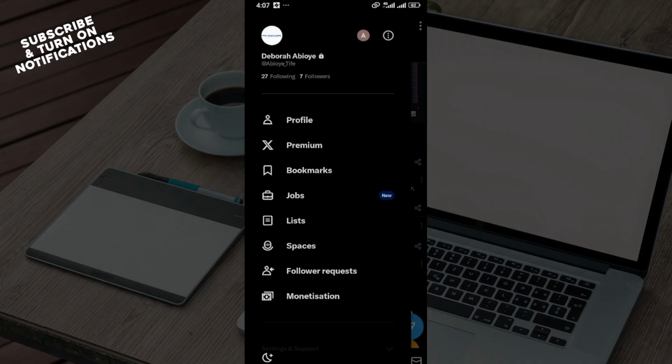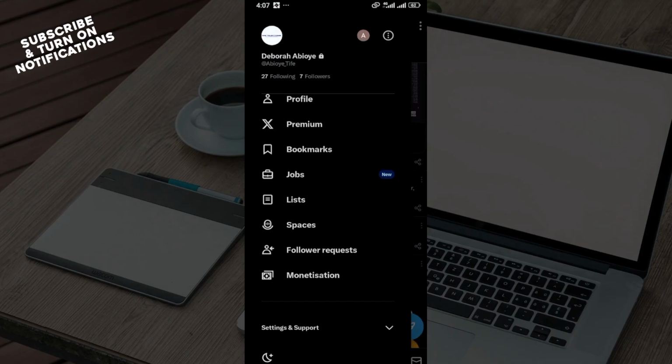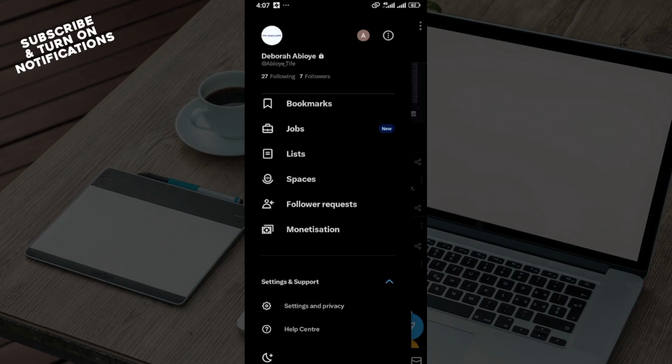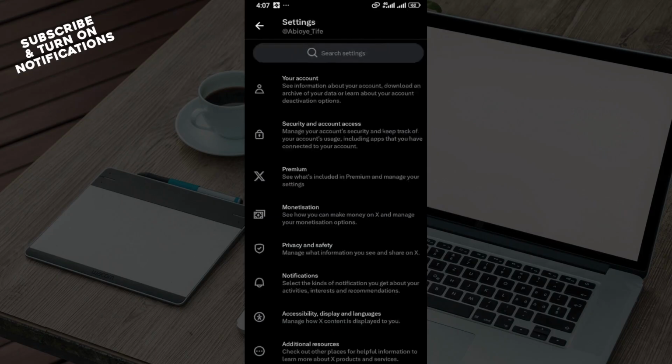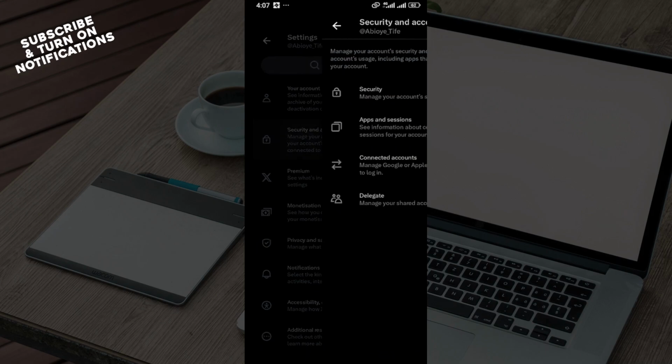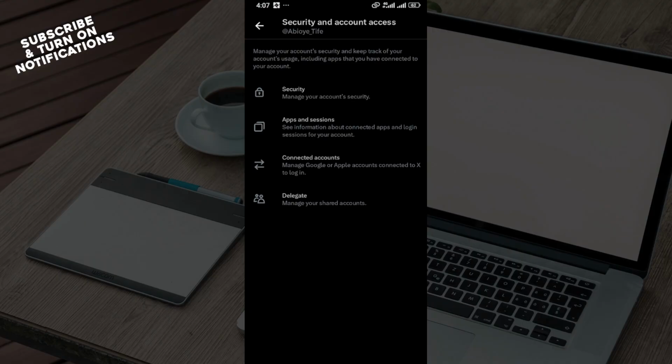Amongst the options displayed, scroll down and select settings and support. Then select settings and privacy. Then on this page, you will see different options, right? Ensure you select settings and account access. On the settings and account access page, you see options like security, apps and sessions, connected accounts,